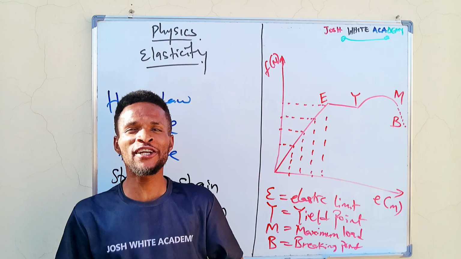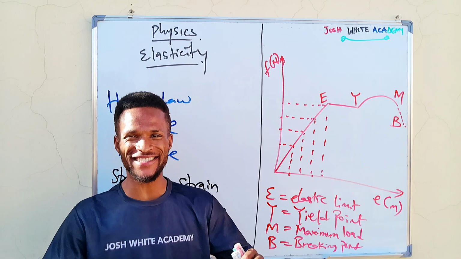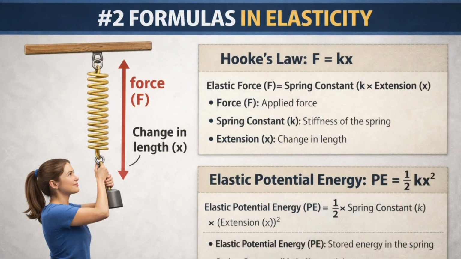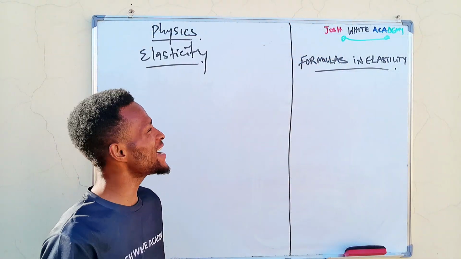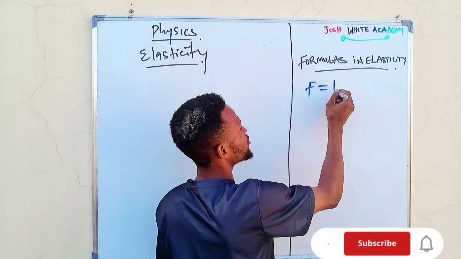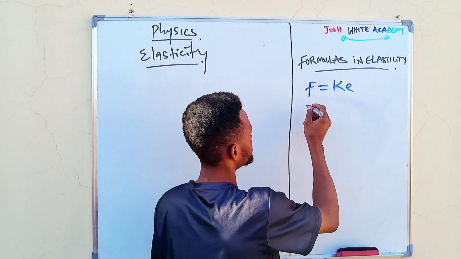So now let's move to the second section of this class. Let's list the formulas in elasticity. Come with me. As we said the first time, our force is equal to Ke from Hooke's law. Secondly,